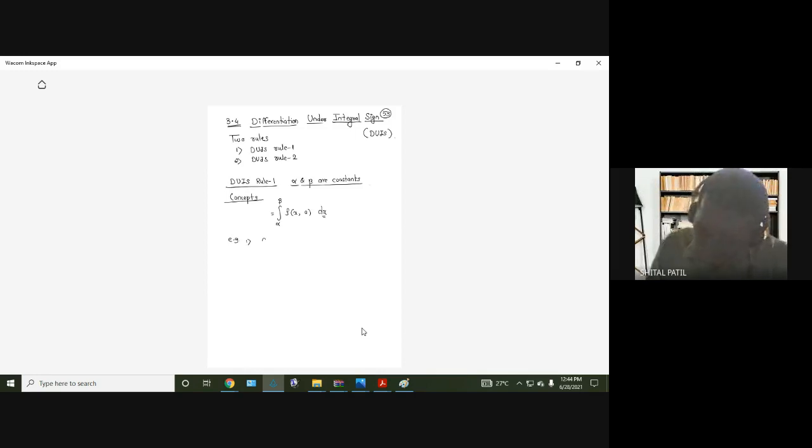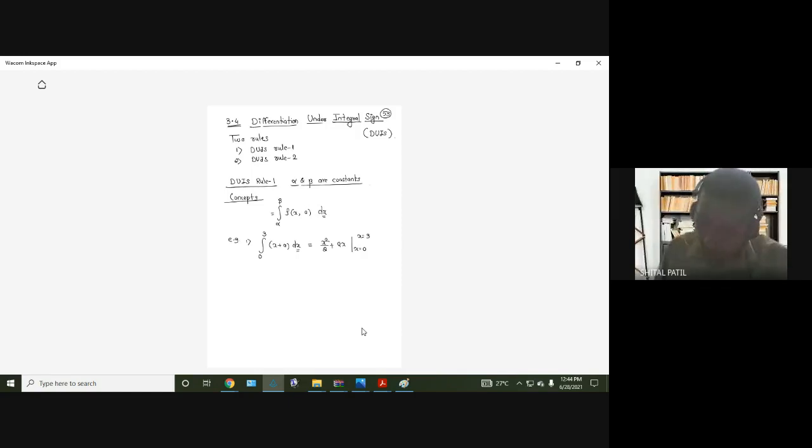Okay. Let me take one example. Say I have x plus a. I replaced f of x plus a by x plus a. Then I'm integrating. Let me consider limits as 0 to 3. Alpha and beta are the limits. So what is integration of x square by 2? What is integration of ax? The limits are x equal to 0 and x equal to 3. They are the limits of x now. We are integrating with respect to x now. Therefore,